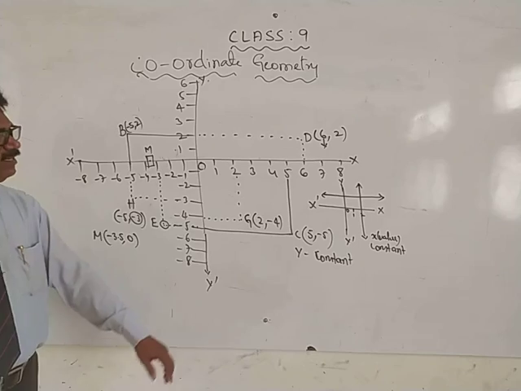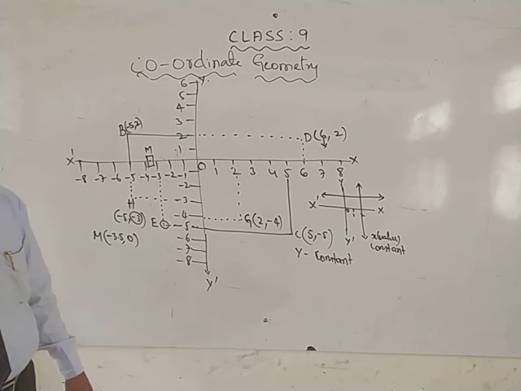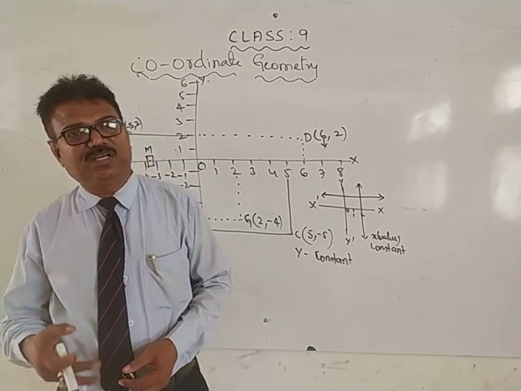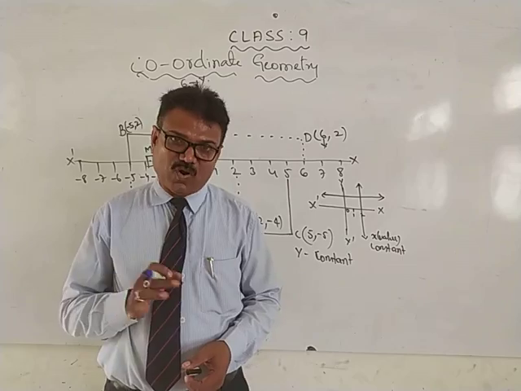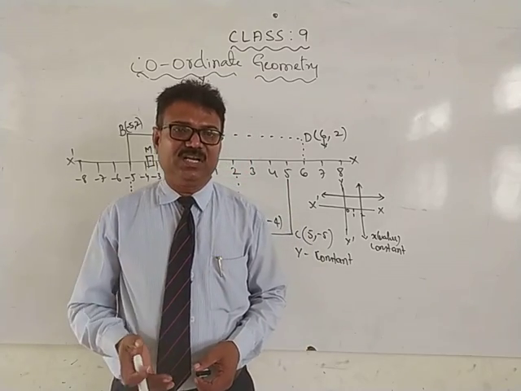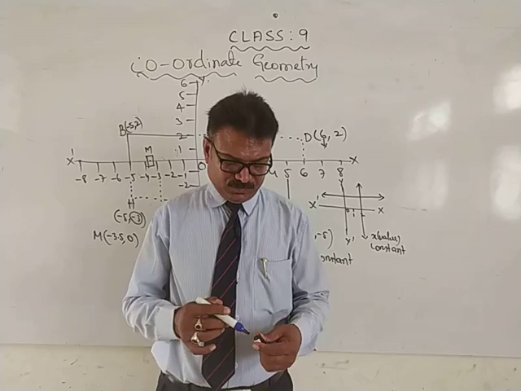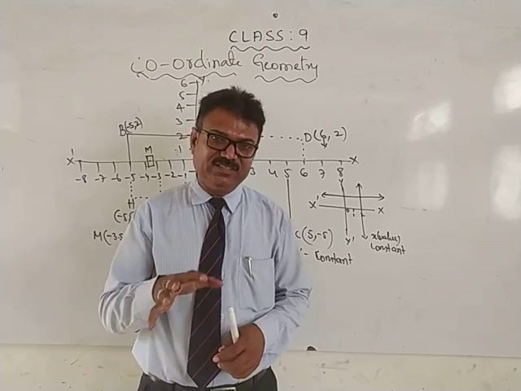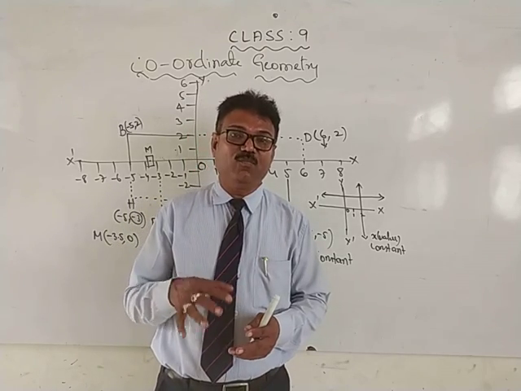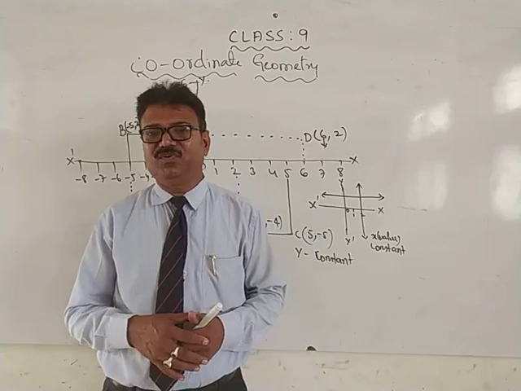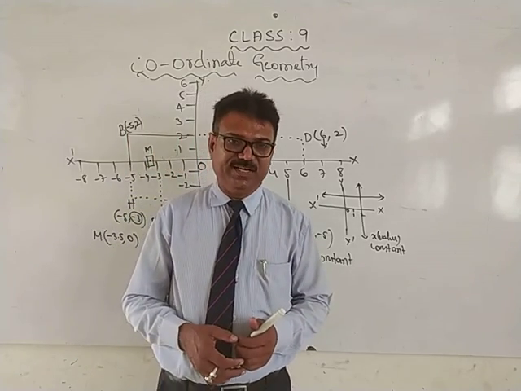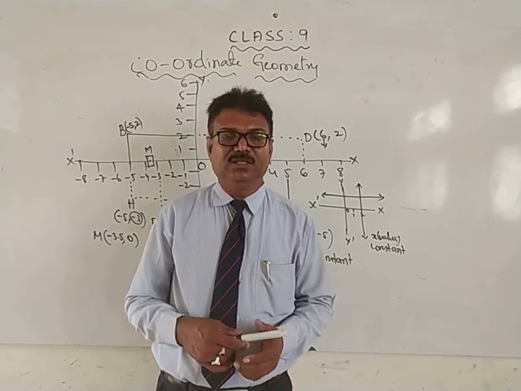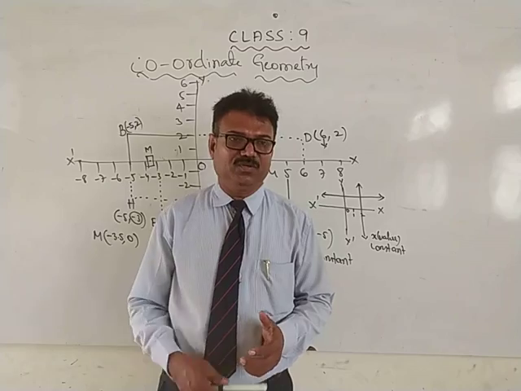Okay? So here we have learned what is coordinate geometry, what is abscissa, what are ordinates, what are coordinates, what are quadrants, what is horizontal line, what is vertical line, and how to plot the points, and how to name the quadrants, and how to name the points. So these 3 to 4 types of problems we have studied. Okay, so I completed that 3.2 exercise. One more exercise is there that you can complete, or I will complete. Okay.